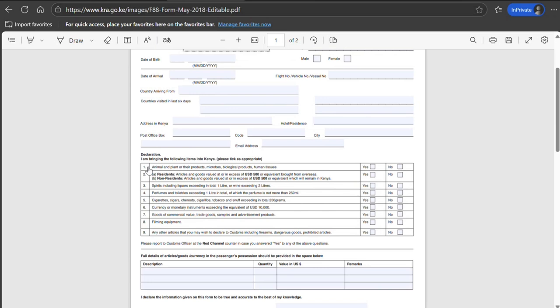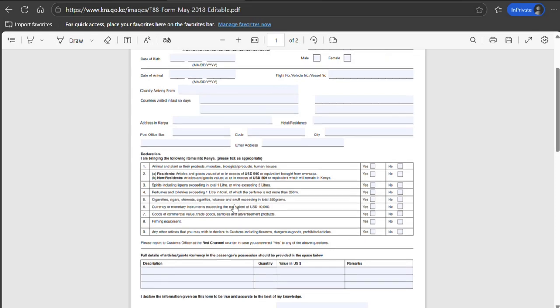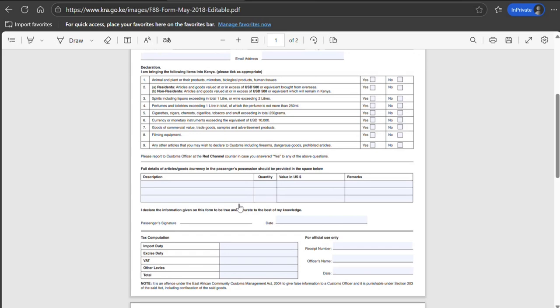And the declaration of whether you are bringing these items: animal, plant, residents and non-residents, spirits, liquor, perfume, toiletries, cigarettes, cigar, currency, goods of commercial value, filming equipment, your signature, date. This section is for official